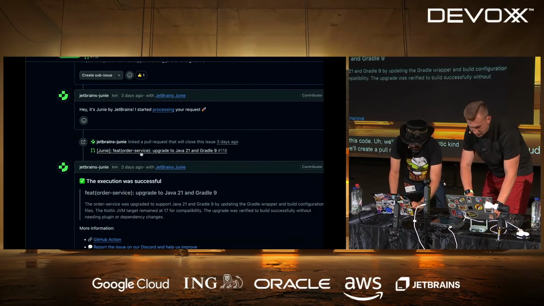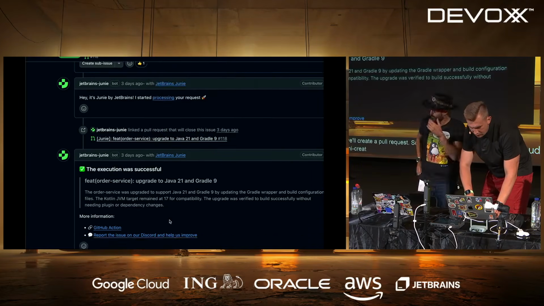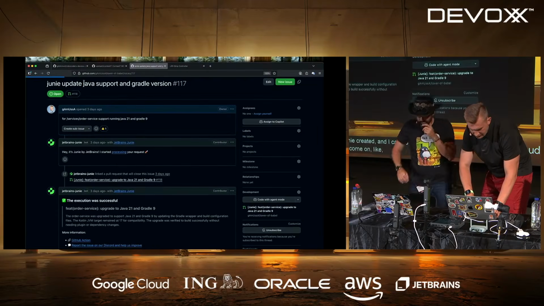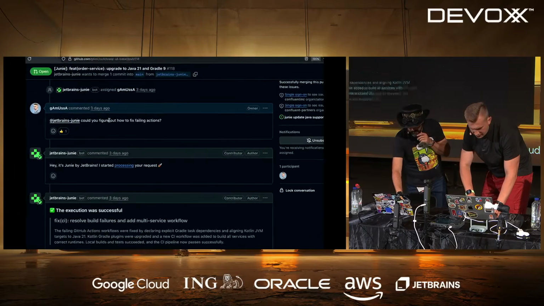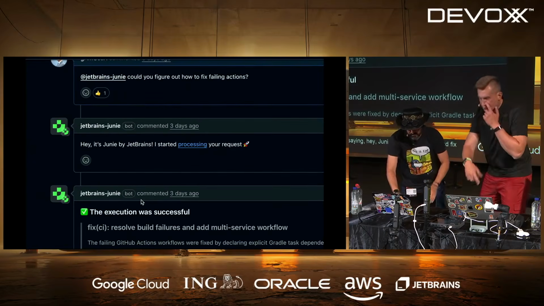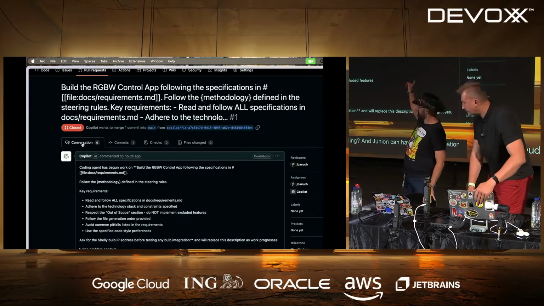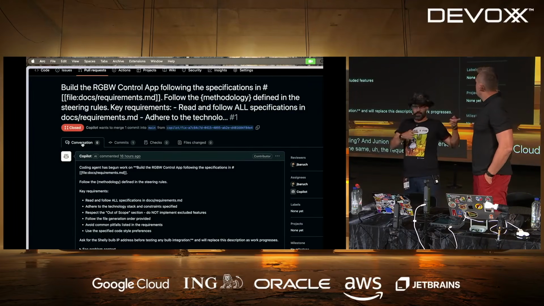So in this case, there's a pull request that Junie created, and I can go ahead and have a conversation with it. Come on, are we on the internet? Yeah, the internet's slow. I can say, hey, Junie, can you figure out and fix this? Like, why is the action failing? And Junie can have this conversation here. This is sending the same request to Copilot from Visual Studio Code.